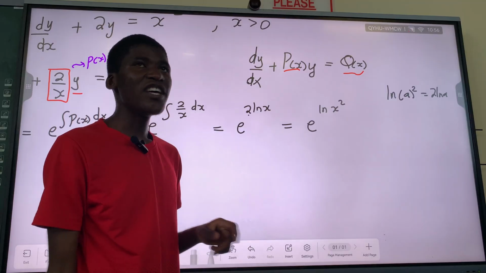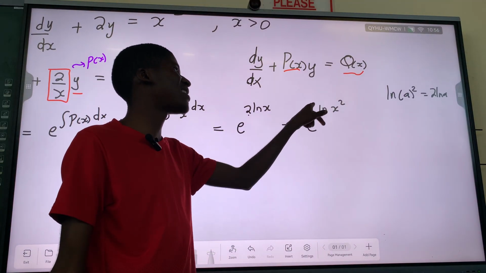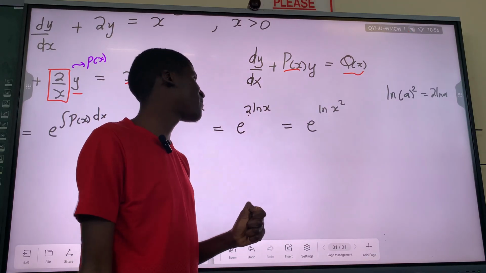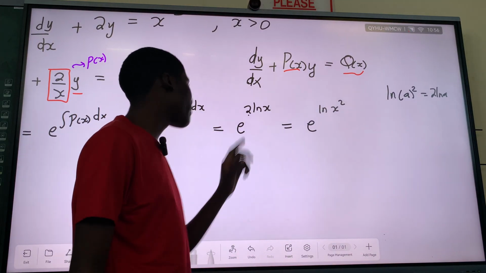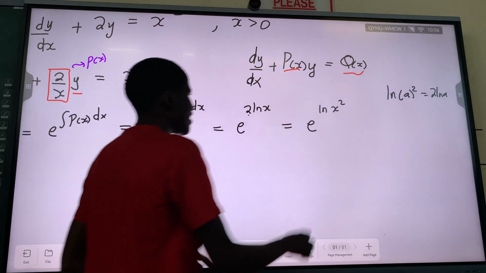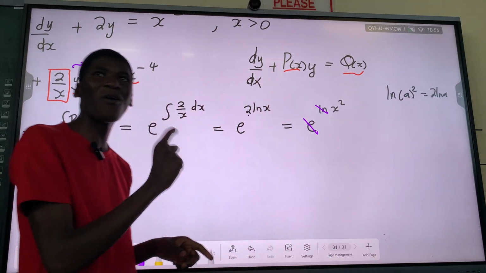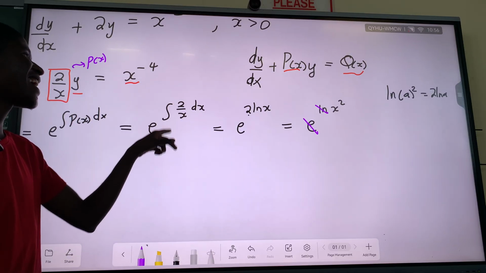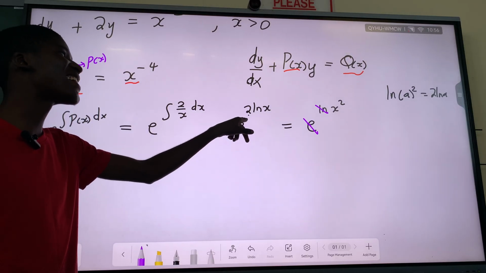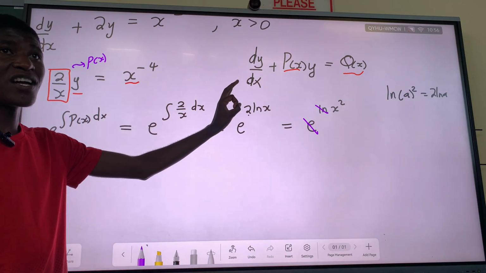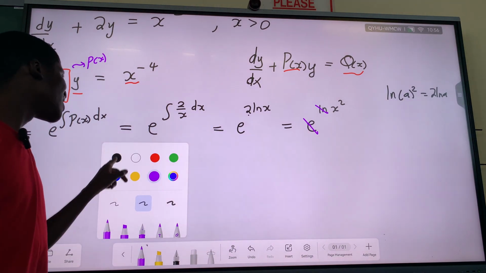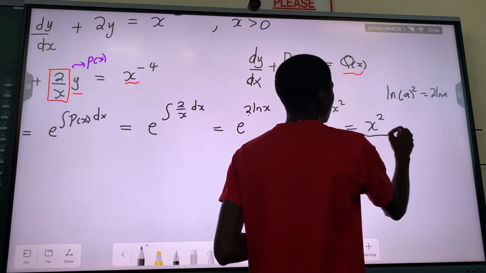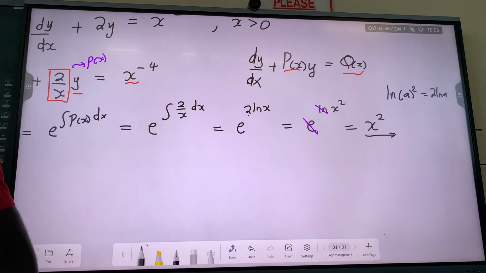Do you see that? So the squared, you can take it and make it 2 as a coefficient, or you can take it and put it there as well. One of the laws of logarithms. So here, are we allowed to cancel? Yes, so this e and ln can now cancel. It's now allowed because the coefficient is what? 1. Once we cancel, you will get something like e to the power of 2x, that would be wrong. Maybe e to the power of x squared. So if we cancel this out, the integrating factor is what? x squared. Exactly that.